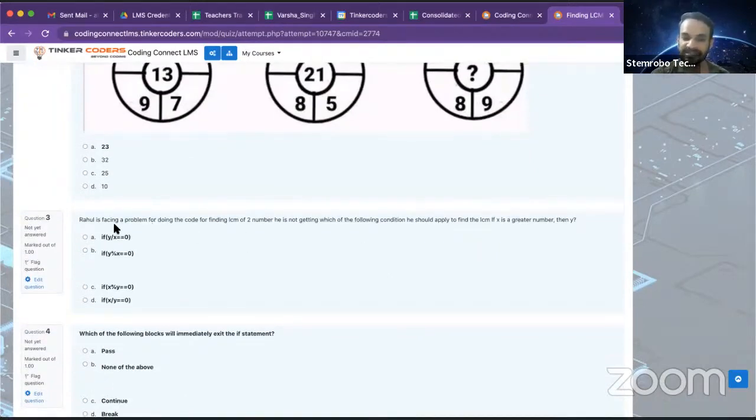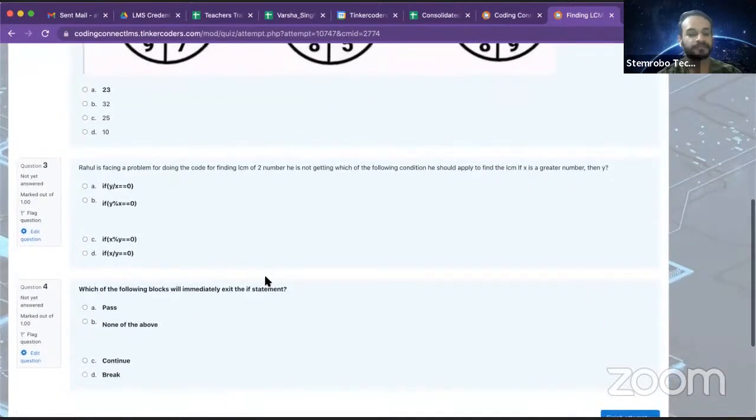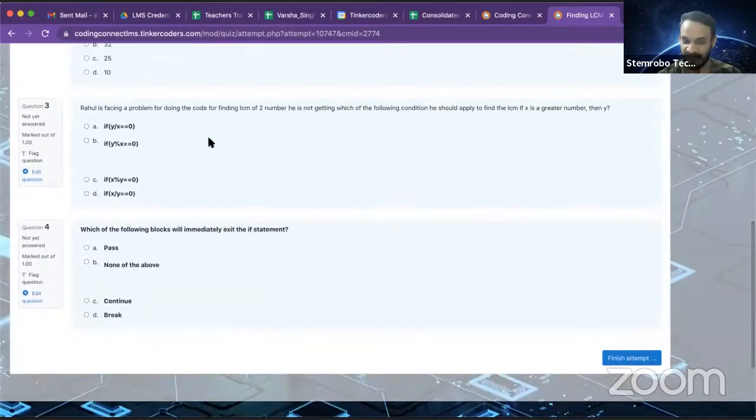Then this is a question based on the coding logic. He is facing a problem writing a code to find the LCM, and he is not sure which of the following conditions he should apply if X is a greater number than Y. You have to find out the solution for this.